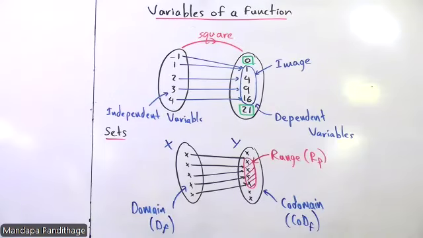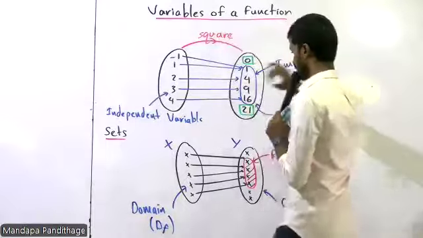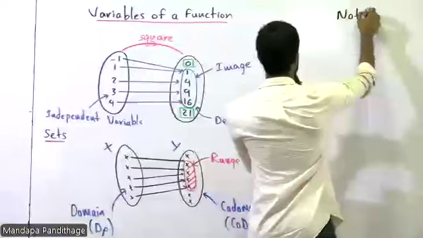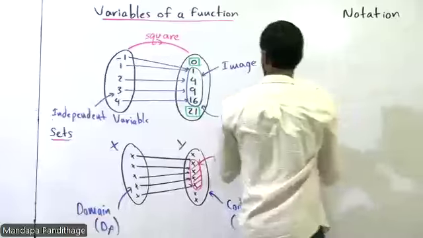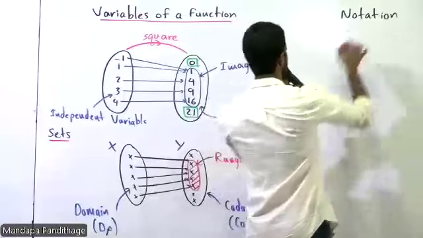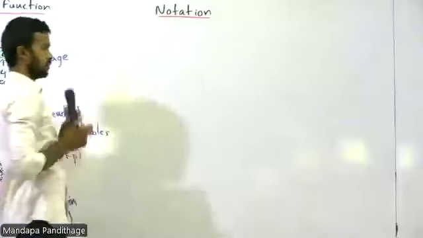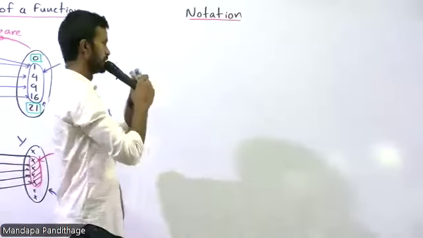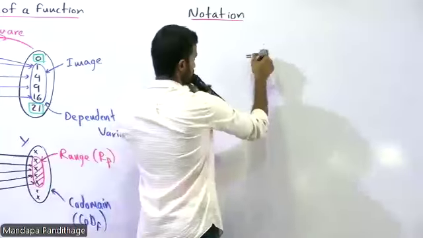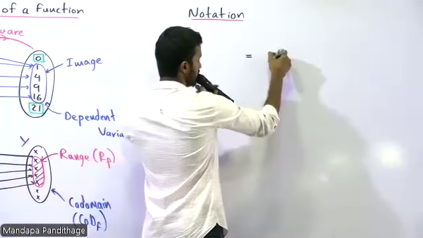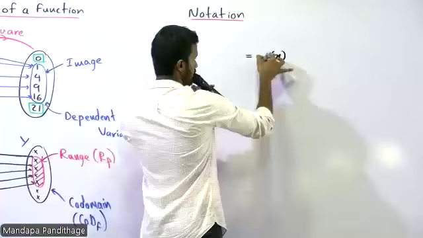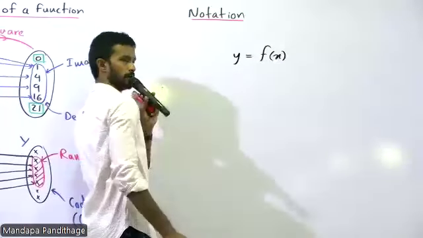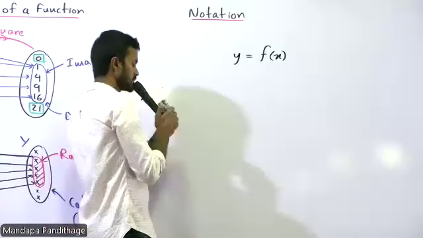Then write the next one. We had variables of a function, sets of a function, now the notation of a function. So this is the main notation of a function. We say this in this way: if the independent variable x is given as the input value of a function, the output is y. So y equals f(x)